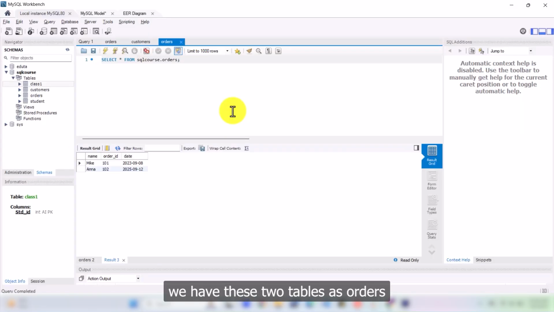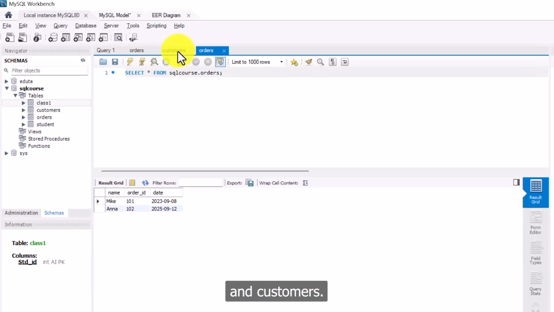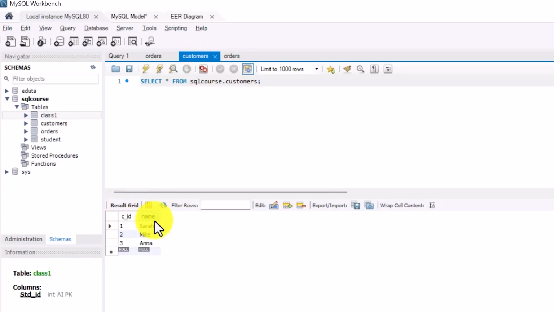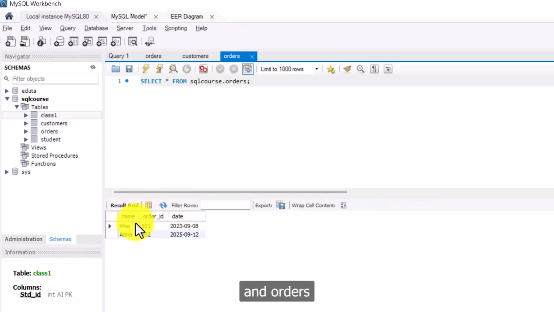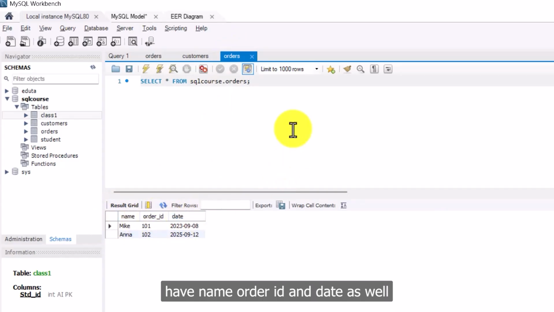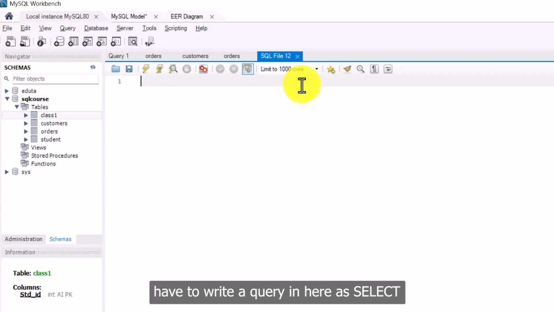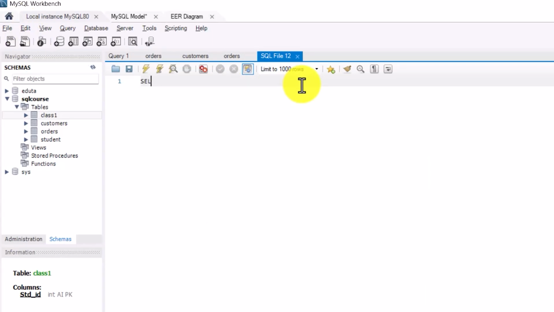Let's say we have these two tables, orders and customers. The customers table has customer ID and name, and orders has customer ID, order ID and date as well. Now, if you use a left join to combine them, you will just have to write a query as follows: select